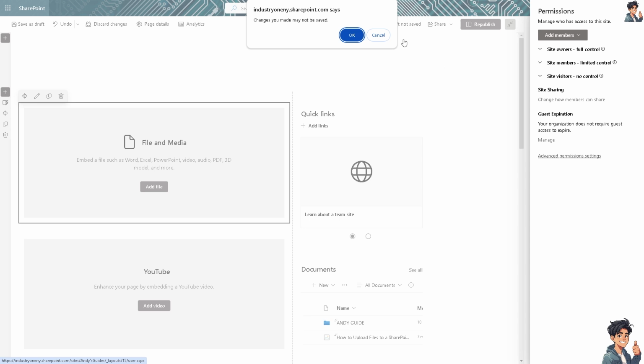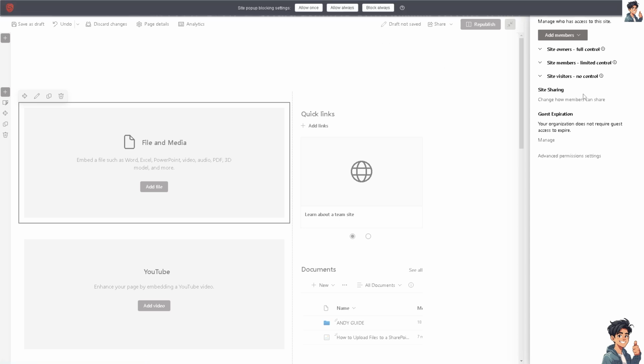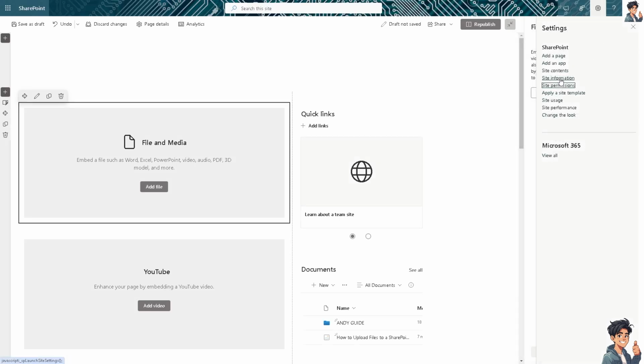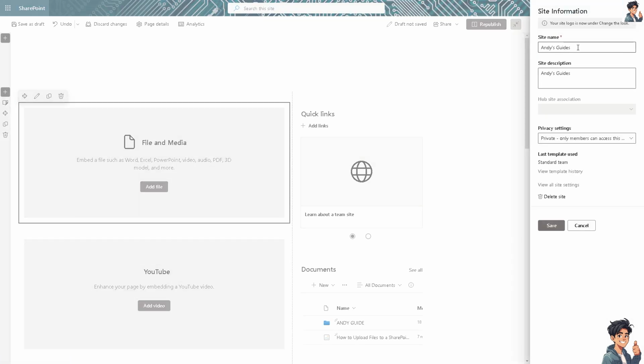If you want advanced permissions, just do so. Make sure again that you have the necessary privileges and authorization. Otherwise, you're not going to be able to change the SharePoint site name and URL. After making sure you have all the privileges, go back to the site information, and this is how you change